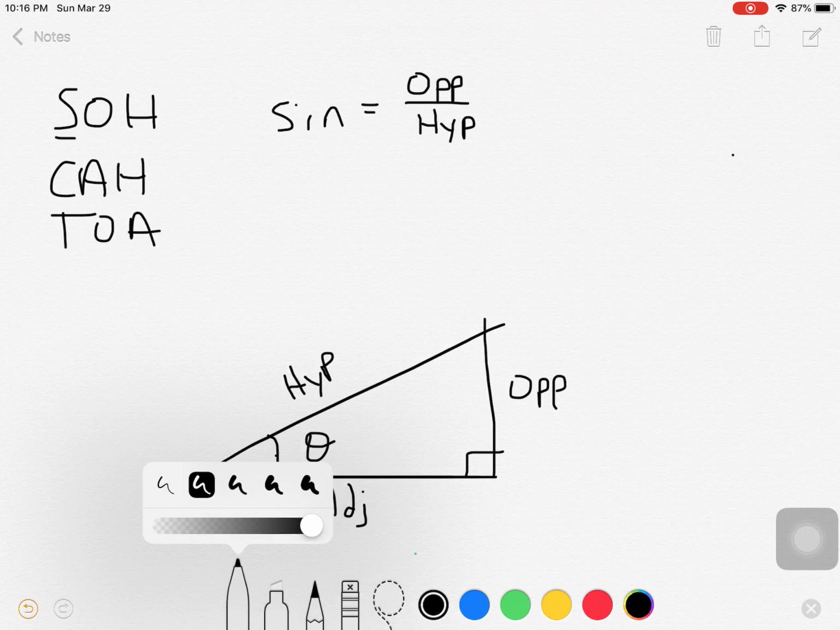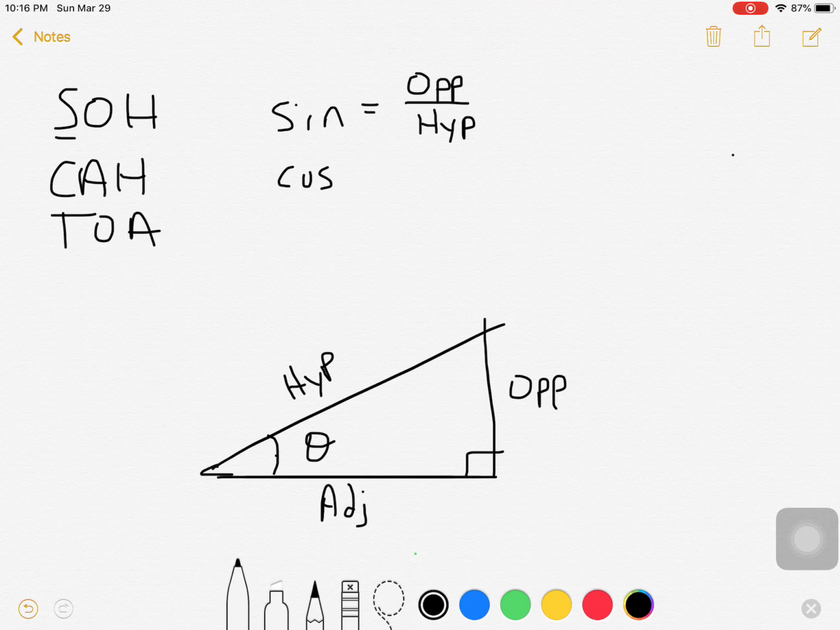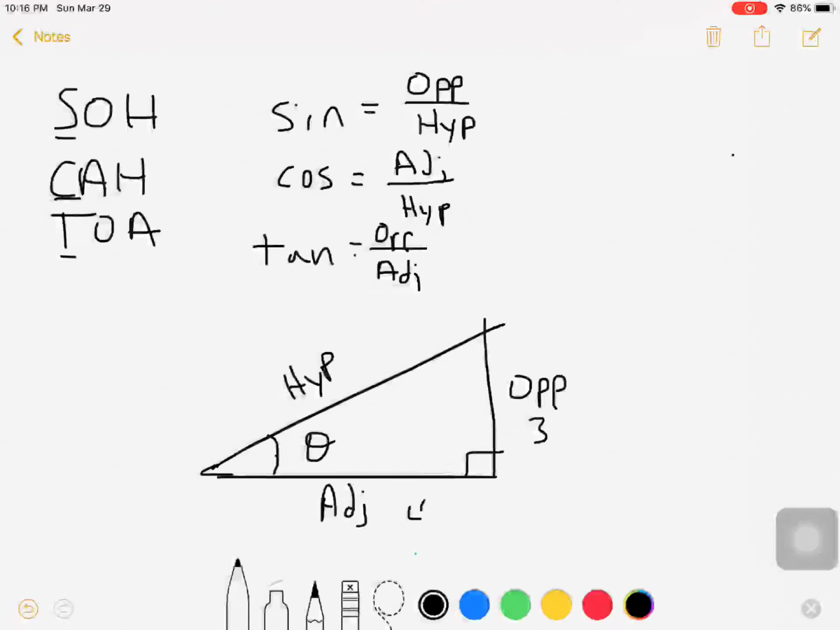Our cosine, that's the C, is adjacent over the hypotenuse, and TOA, our T, stands for tangent, and that's opposite over our adjacent side. So on this particular triangle, if we had a 3, 4, 5 triangle, and we wanted